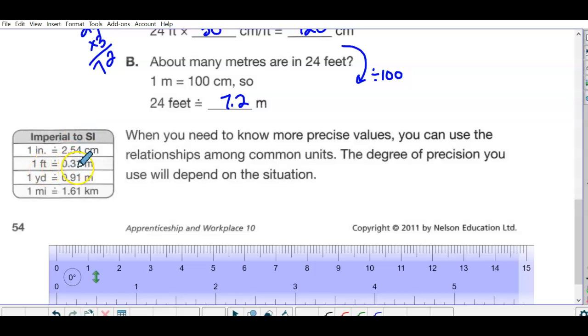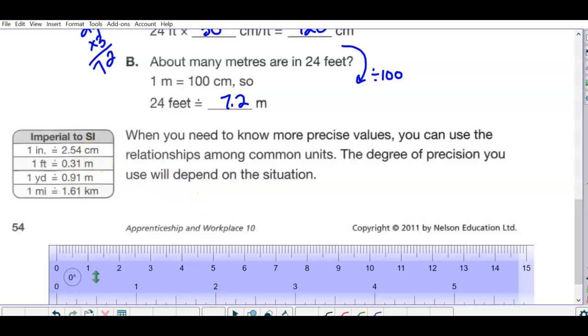1 foot is 0.31, 1 yard is 0.91 of a meter, 1 mile is 1.61 kilometers. So you can Google search these. Some of you might have a conversion on your calculator or your phone. They will likely go into more decimal places, but these are the ones that we're going to use for this